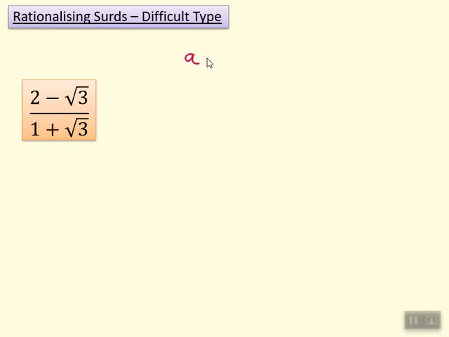So for example, if you had a bracket that was a minus b and you multiply it by a add b, then you get a squared take away b squared. Remember, that's kind of like the difference of two squares. Well, that's kind of like what you're doing here. What you're saying is, okay, I've got that bracket, which is this one here, and I'm going to multiply by this bracket. And what ends up happening is that the middle two terms cancel out always on a difference of two squares, and you just end up with the front and the end being squared and subtracted,